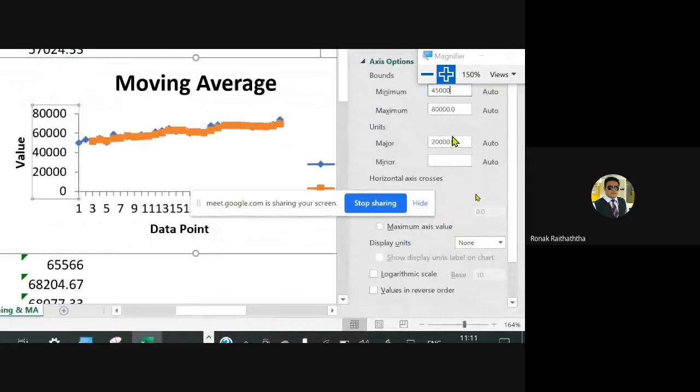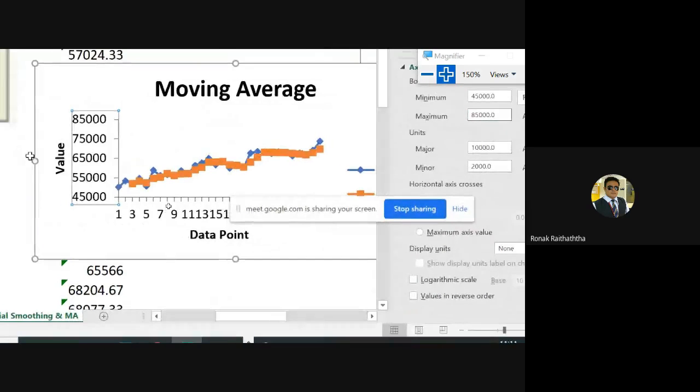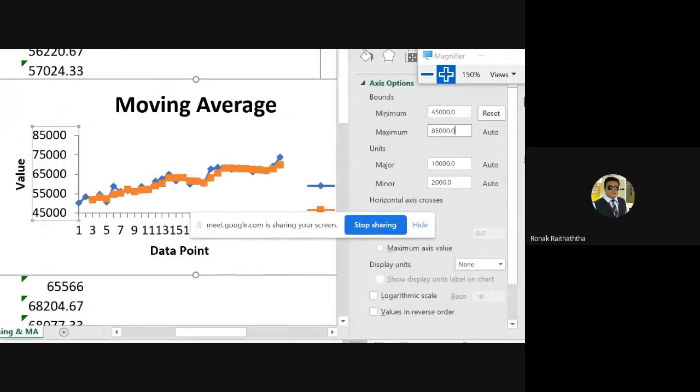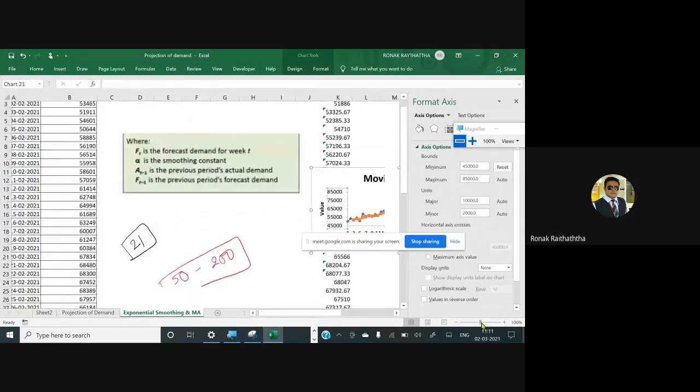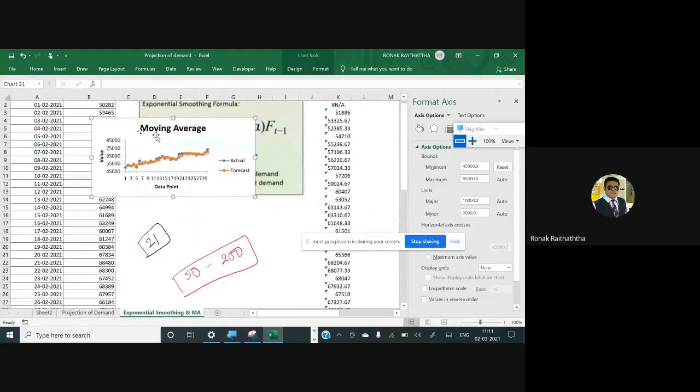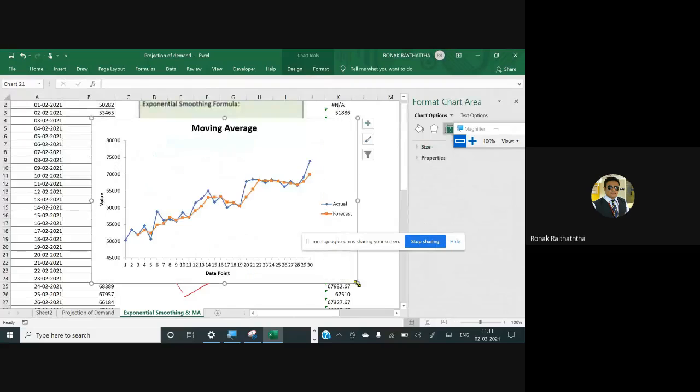So after that, you may just go over here and check it out. Now you may see, now let me just increase the size of the chart a bit, then also it would look better, I guess. So I'm just increasing the size of the chart like this. Good. Now it looks good. See.